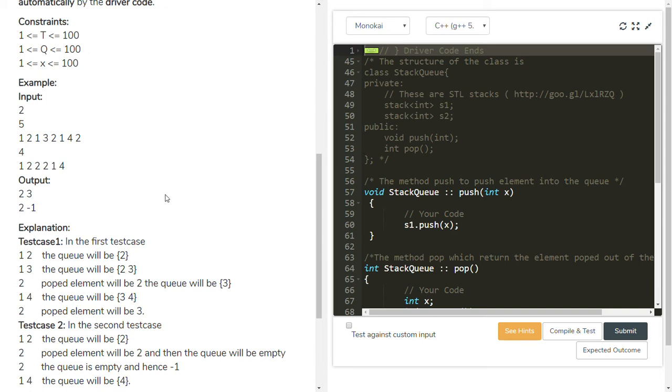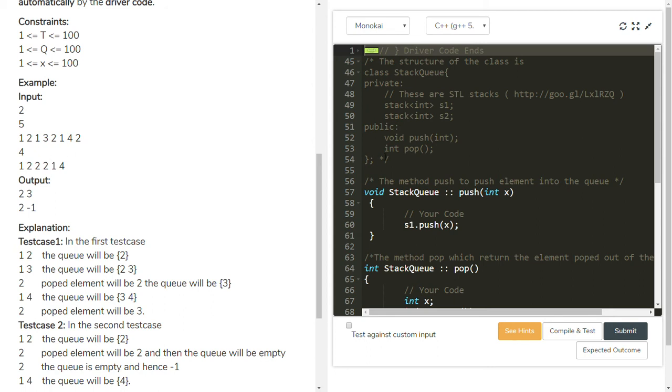The bottom one is what we are required to print, so that is the top of S2. Then I take that element, print that value and pop it. Then push all elements from S2 back to S1. S2 is empty now. So this is the process I am using to push and pop.